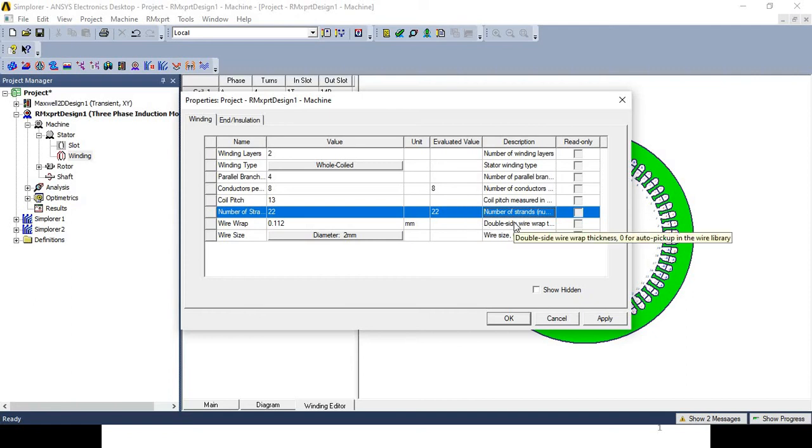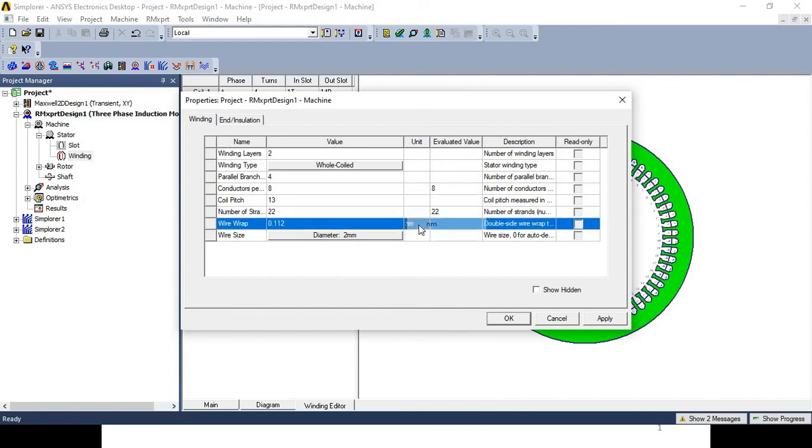What is the meaning of wire wrap? Double sided wire wrap thickness. Right now we have selected it as 0.112 mm. Of course, for the unit we have different options, but we selected this wire wrap as 0.112 for the current design.